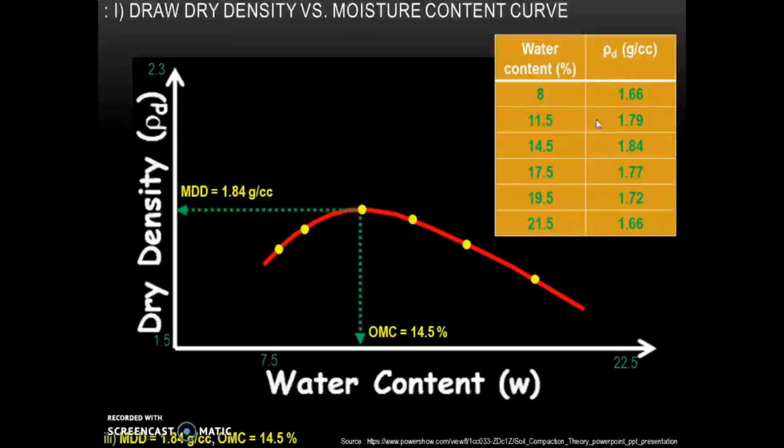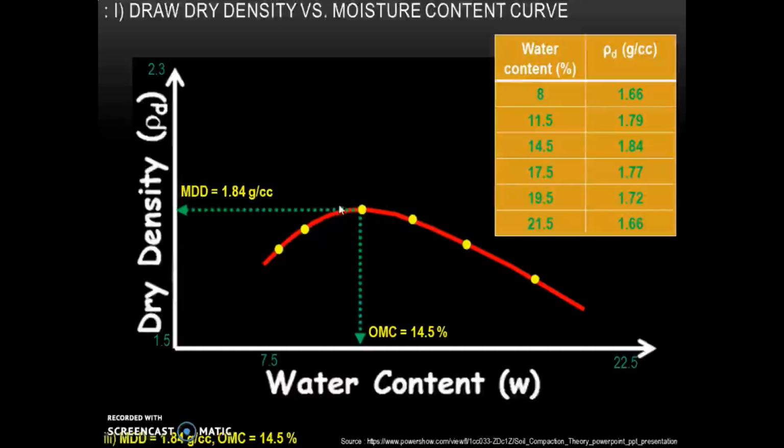This is the tabular column which is showing the value of dry density which we got from the previous slide for the corresponding water content. We will mark water content on the x-axis and the values of dry density on the y-axis. For the first trial, that is 8%, the value of dry density is 1.66, so mark it over here, and for the second value of water content, that is 11.5, the value of dry density is 1.79. Similarly, mark all the points